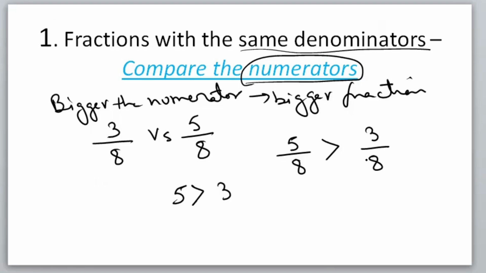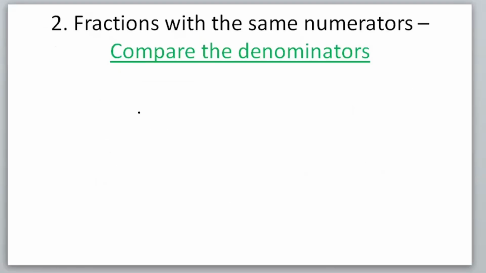Understand? Now we will see another type. The second type is fractions with the same numerators. In the first one, it was the same denominators. Here, it is the same numerator. So, if the fractions have the same numerator, how can we compare and order? We have to compare the denominators. In the first one, with the same denominator, we compared the numerators. Now, here, it is the same numerator, so we have to compare the denominators, and it says smaller